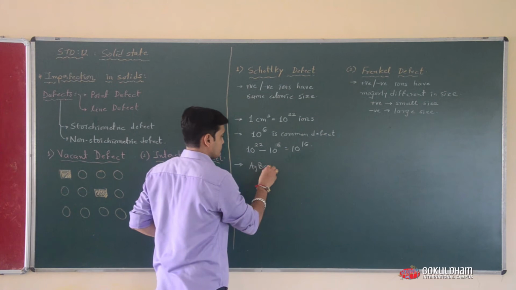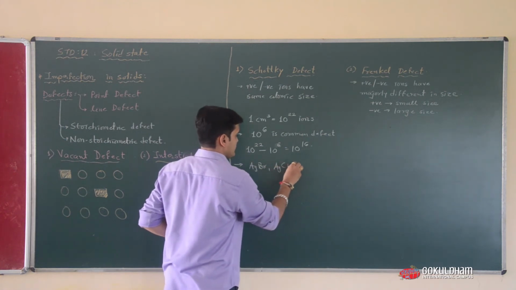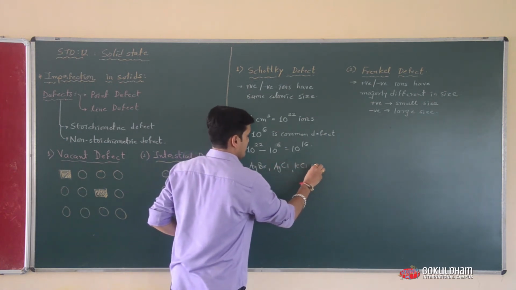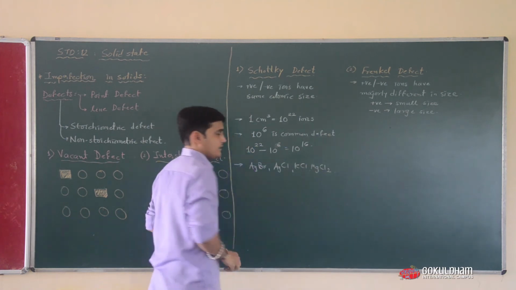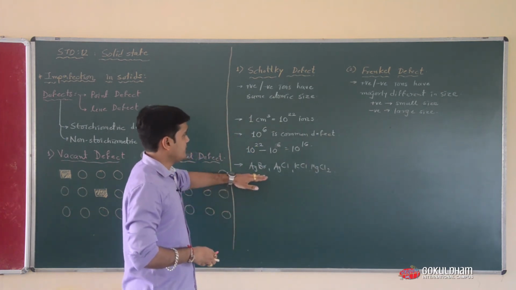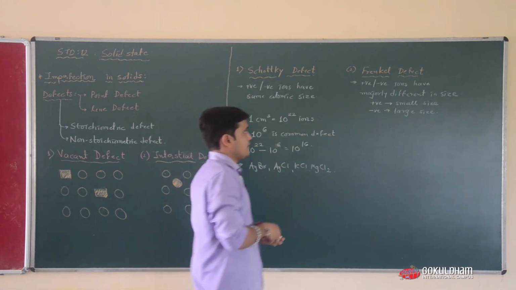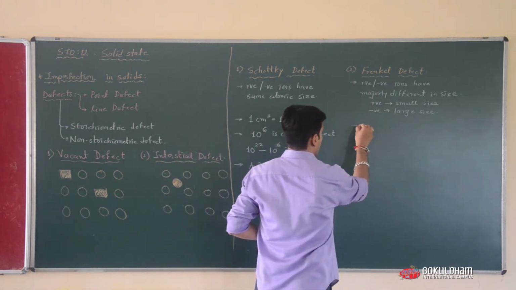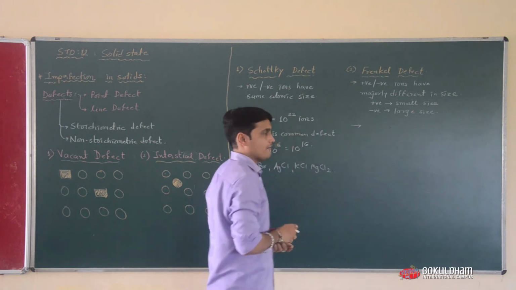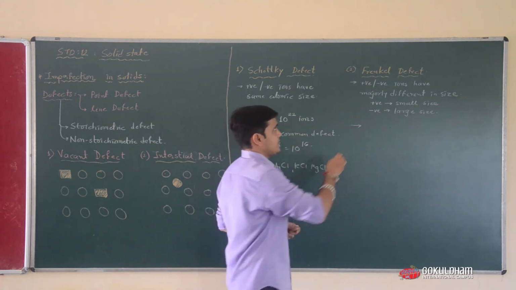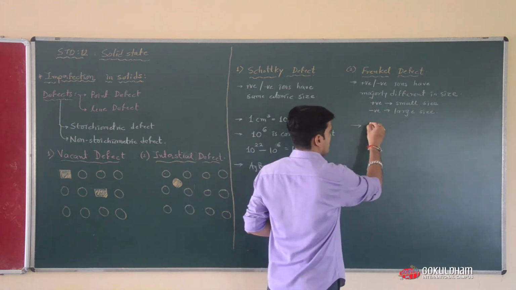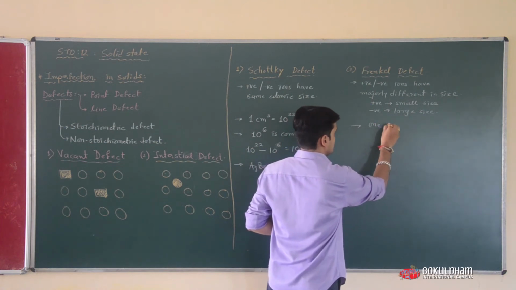AgBr, AgCl, KCl, MgCl2, these are the solids which are showing the Schottky defect. In Frankel defect, you have to add one point, that in Frankel defect, at one place